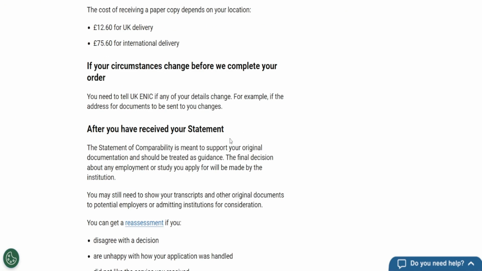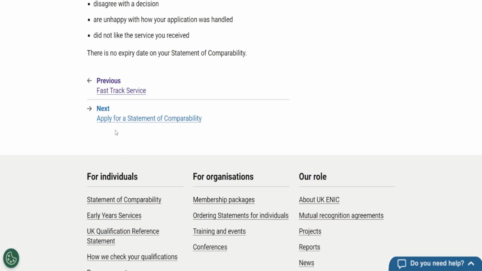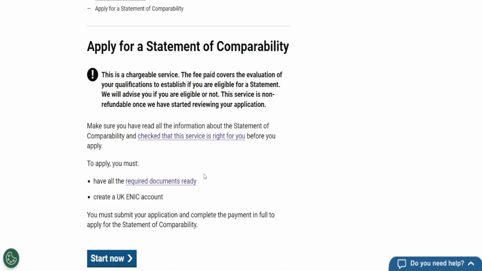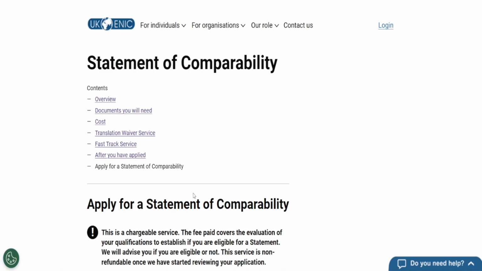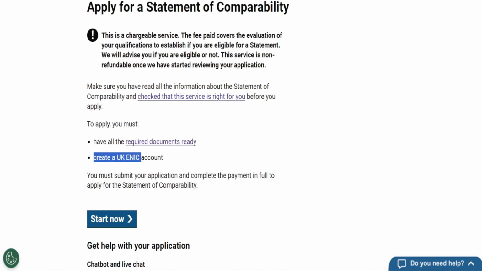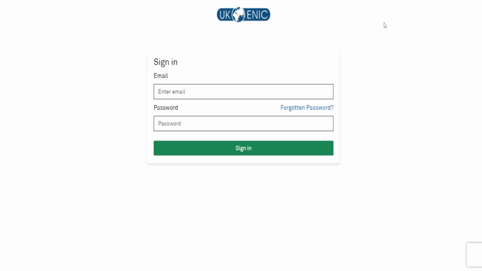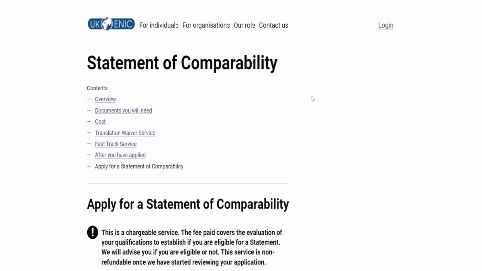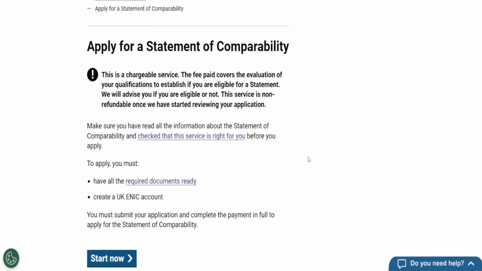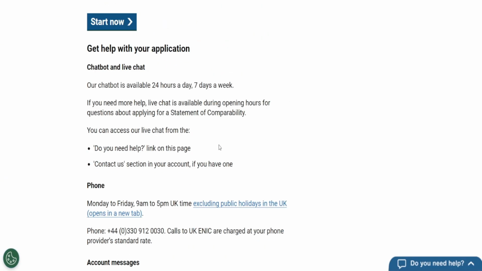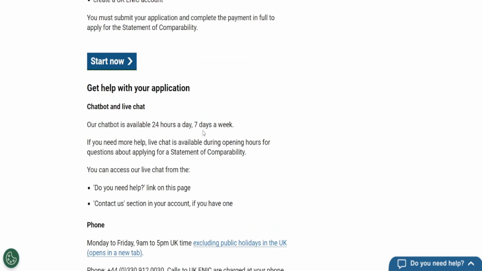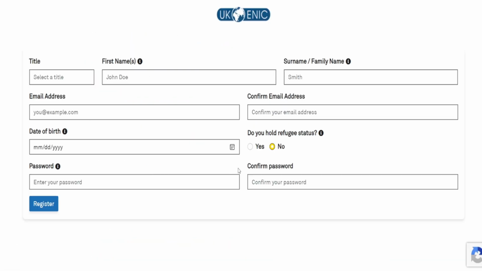So if you want to start, you can just go to the last section, which is to apply for a statement of comparability. So at this point, you'll probably have everything ready now, but you will also need to create a UK ENIC account. You can go ahead here into the login section to create one. And if your email doesn't work, of course, that means it doesn't have an account yet, and you can just create one from there. But that's pretty much these sections and how you can create or apply for the UK